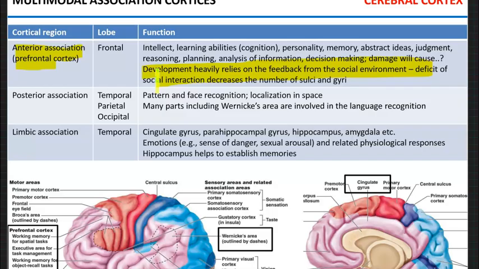And this alteration, this deficit, is permanent. Because the brain pretty much forms by the age of 18, 20, maybe 21. So the lack of social interaction early in life